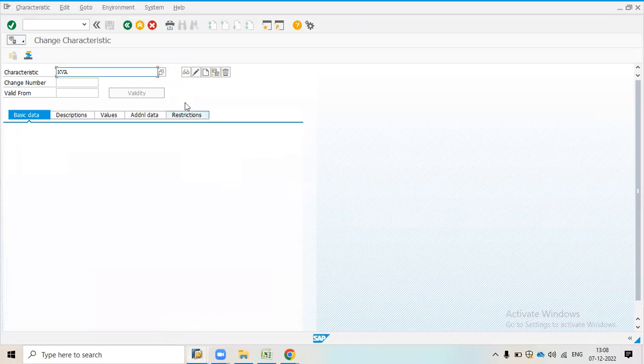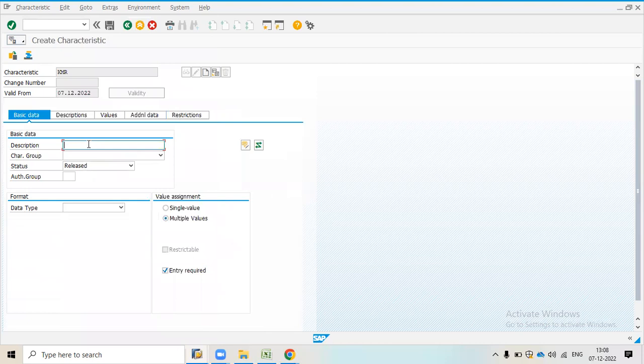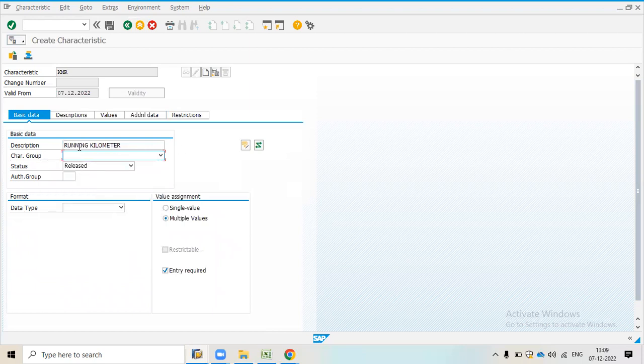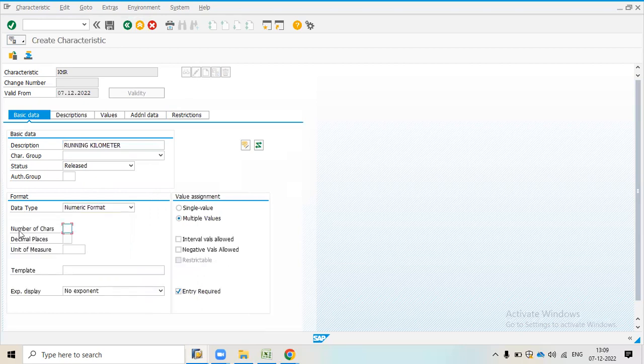If you want, I can create kilometer, KMR, kilometer reading. Now I will click on it, and here I will maintain it as running kilometer. After that I will take data type as numeric format, and number of characters I will take as 9.